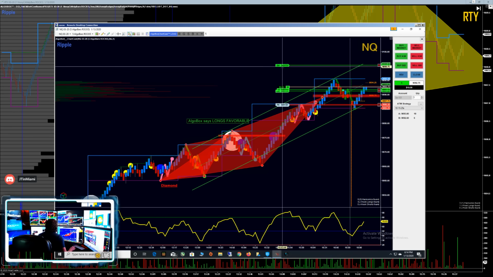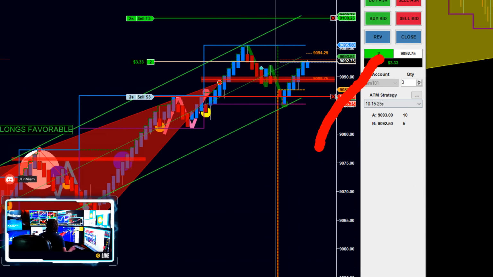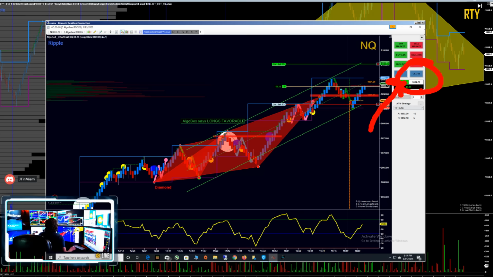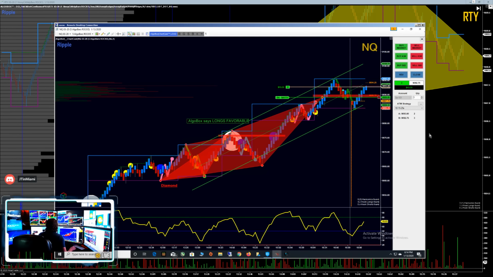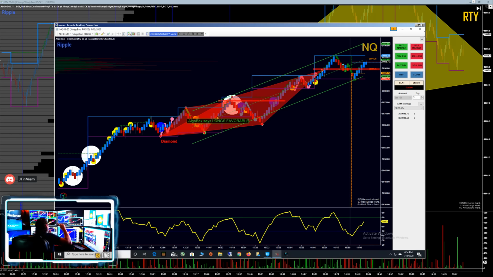Moving tags is one way to take profits, or if you've got one trade open still, here is that little close button that I told you guys about. As a trade is coming against you, and you've decided that trade is bailed, boom, right there is your exit button, close. This is one of those buttons you're going to be hitting very often. Boom, close. It's take profit or take your loss right there on any trade. Okay, so hard stop at 25, mental stop. We're going to show and talk about that.